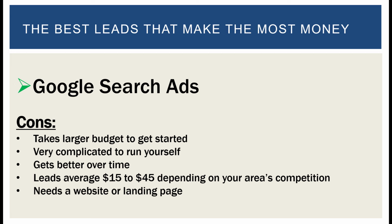Also, it gets better over time, and I listed that as a con because there's kind of a pro and a con because it takes a little while. You start getting leads right away and phone calls, but you'll block keywords or you'll add more budget to different keywords. You adjust it over time. So some people, they need things instantly, whereas if you run Google ads for weeks and months, it gets better and better and better over time, but you have to be in that long-term game to make it work and